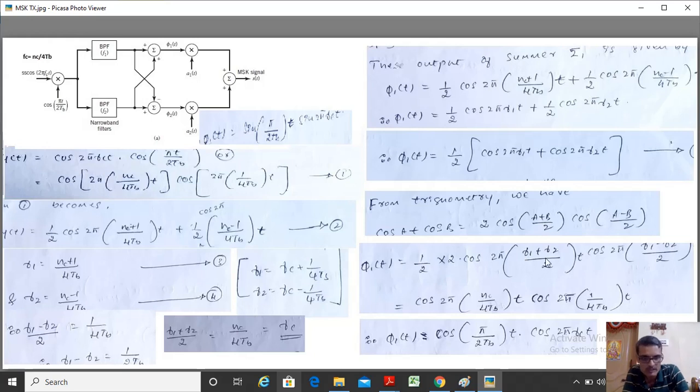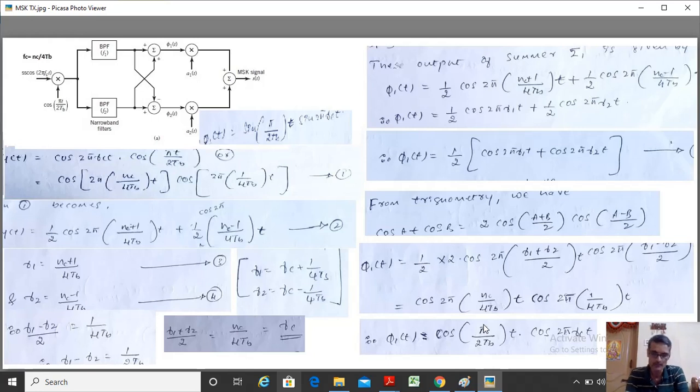If I substitute f1 and f2, these two terms over here, I get NC by 4 TB again, because f1 plus f2 by 2 is equal to what? It is equal to NC by 4 TB. What is f1 minus f2 by 2? f1 minus f2 by 2 is 1 by 4 TB. That's what I substituted, right? So that means this phi 1 of t is equal to, I rearrange this equation. Yeah, this is NC by 4 TB, that is cos pi by 4 TB. This particular term is written over here, and this term is written something like this, because NC by 4 TB is equal to FC. So it is cos of 2 pi FCT. So this is your required first basis function. You can cross check again in my previous video.